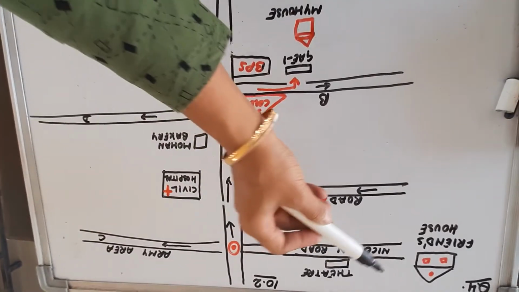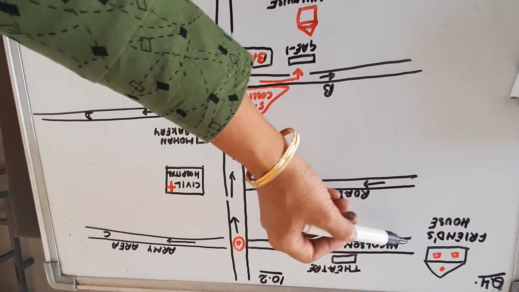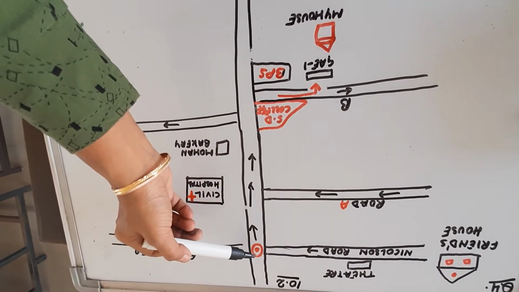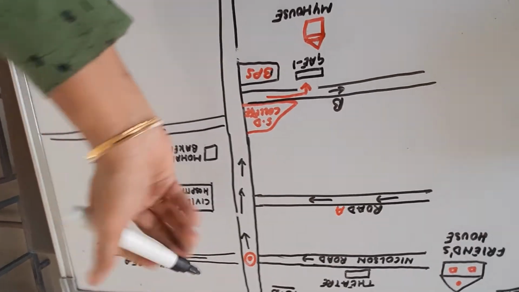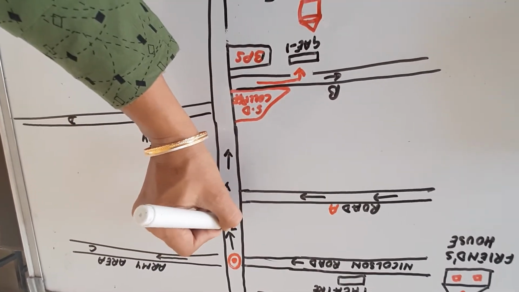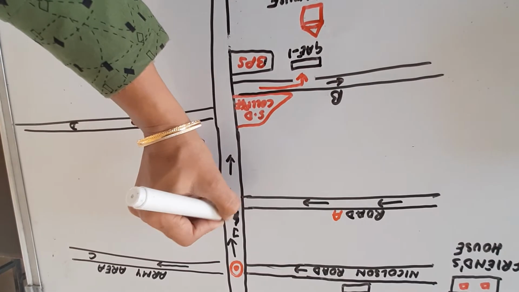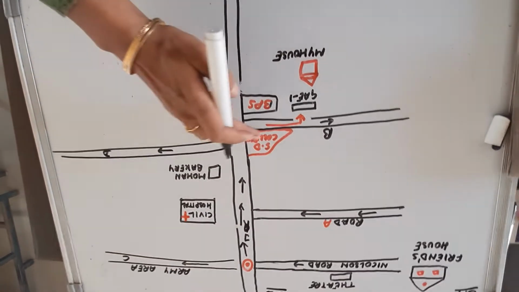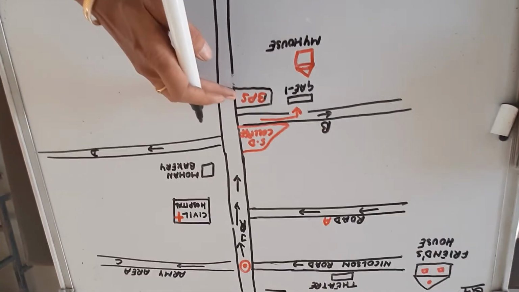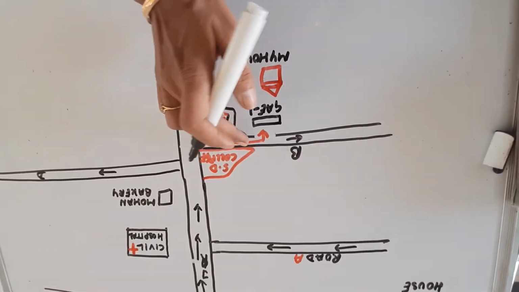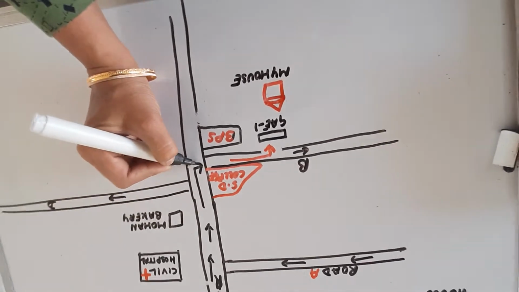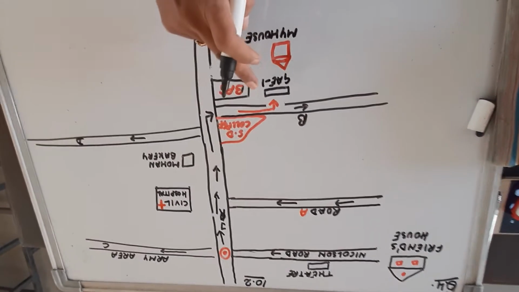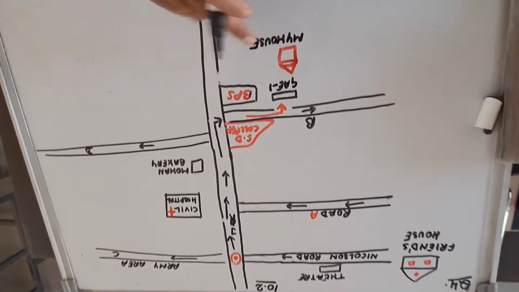So dear students, your friend's house is in Market. What route you have shown for her? That follow the Nicholson road. Then this is the Jagadri road. You can write it here as JR, Jagadri road. By following it, she has to come straight. Here is SJ College, Bharatiya Public School, and follow the left turn. You have to tell her follow left turn. Then gate 1 is there just at the back side of BPS, and adjacent to that my house is there.